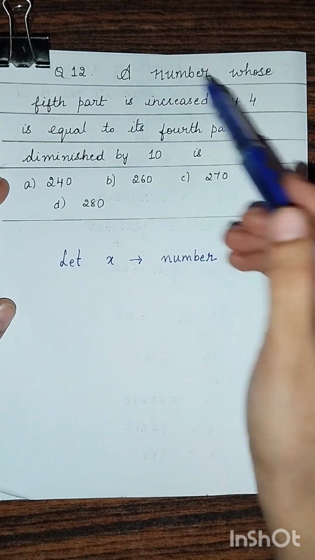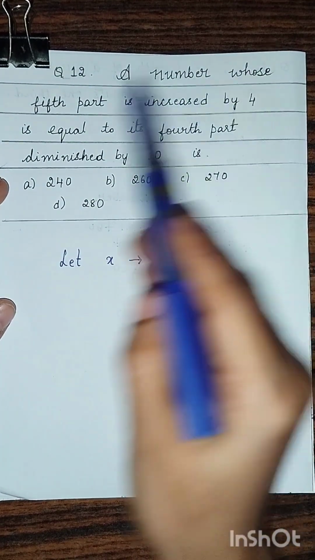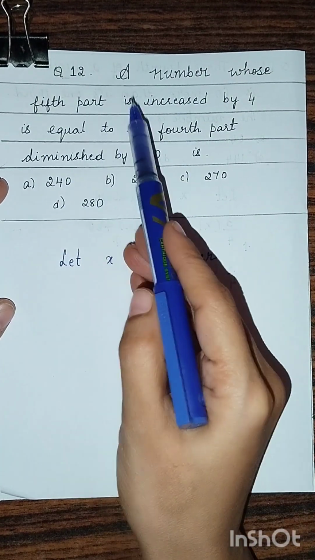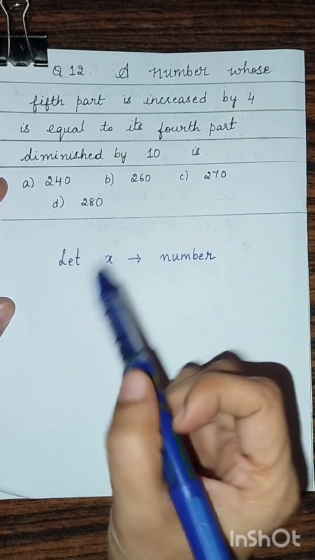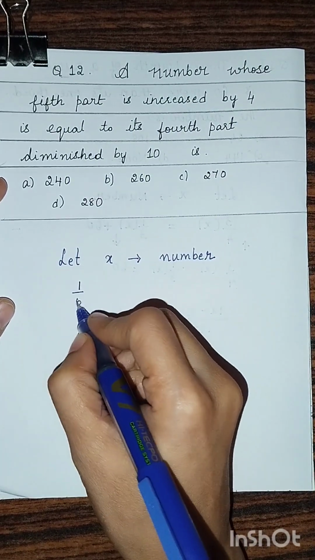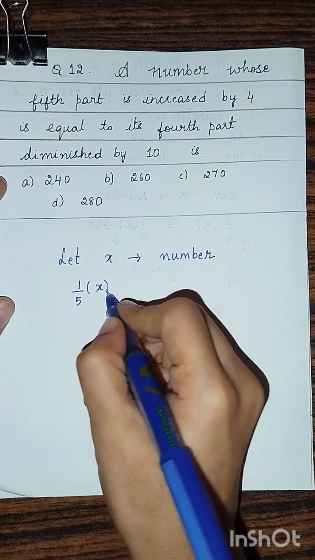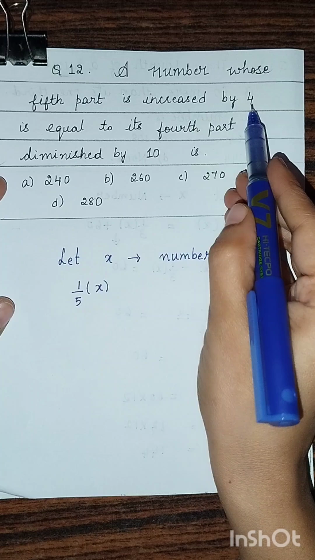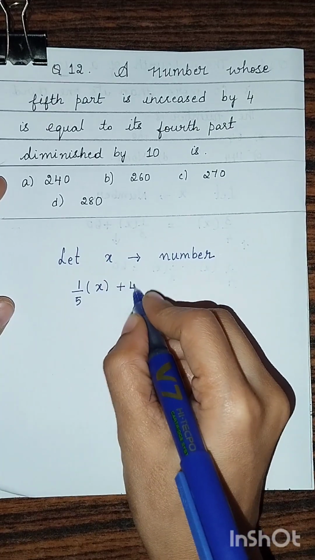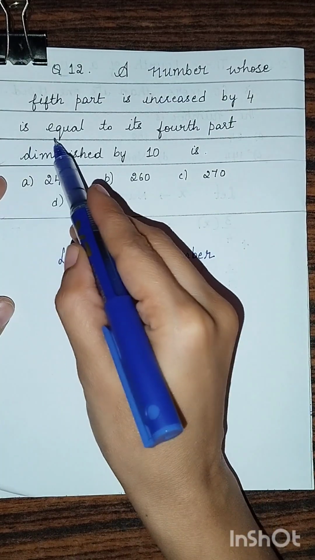Now let us build the relationship. A number whose fifth part is increased by 4. So fifth part in the sense 1 by 5 of x. Fifth part of x is increased by 4. So you will add 4, and this is equal to